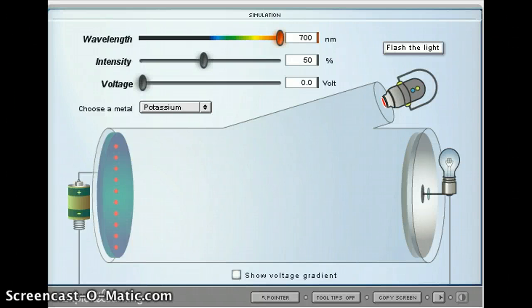This shows a simulation of the photoelectric effect. This is a piece of potassium, and the red dots represent some of the electrons that are in the atoms of potassium that make up the metal. This is a light source, and when we flash the light, we'll send a beam of light toward the metal and see if it has enough energy to knock electrons loose and move over here to the detector where we